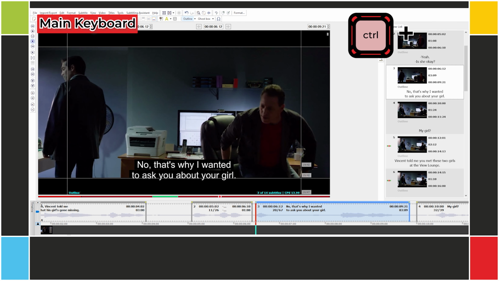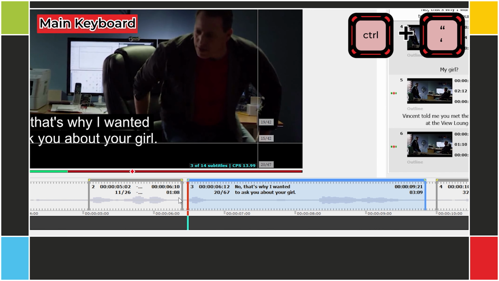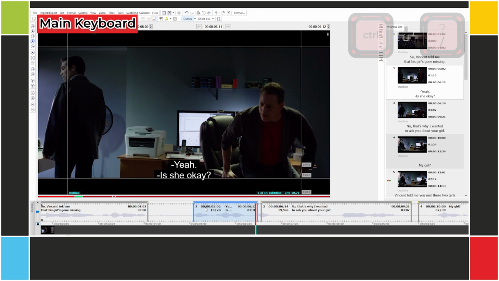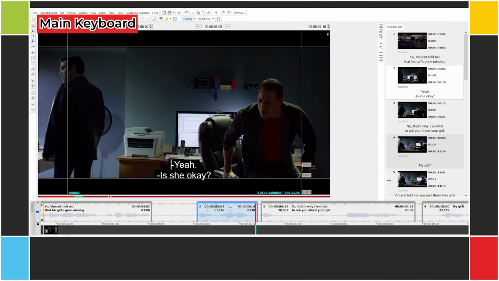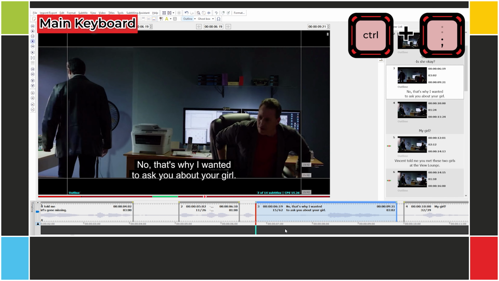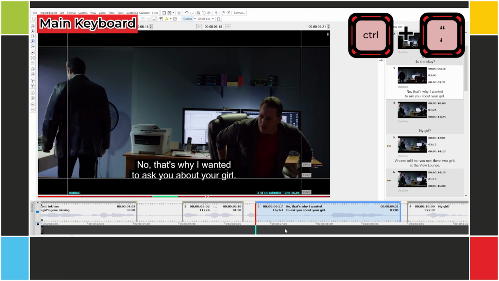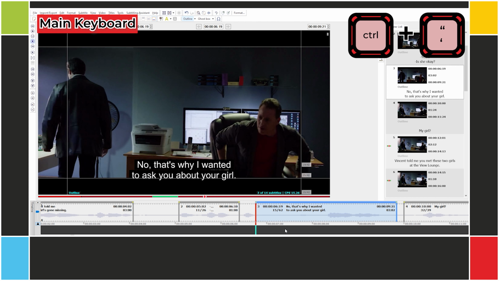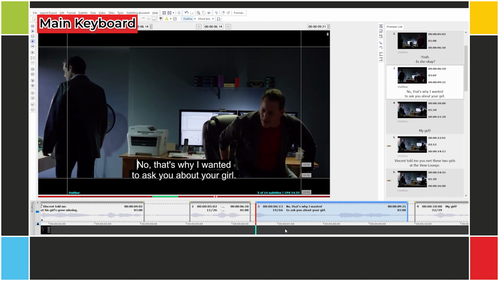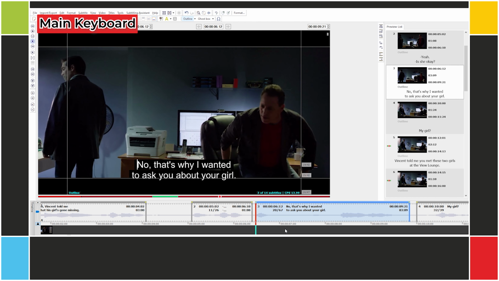Now, if you're using the main keyboard, then things work a little differently. If I use Control semicolon and Control apostrophe on subtitle 3, the out cue of subtitle 2 moves along with it. The same goes for Control period and Control slash. This only happens when the subtitles are chained. For example, I'll place subtitle 3 at a wider gap. If I move the in-cue with Control semicolon and Control apostrophe, the in-cue moves freely. But now the cues are at the minimum interval. They're chained. From now on, they always move together.